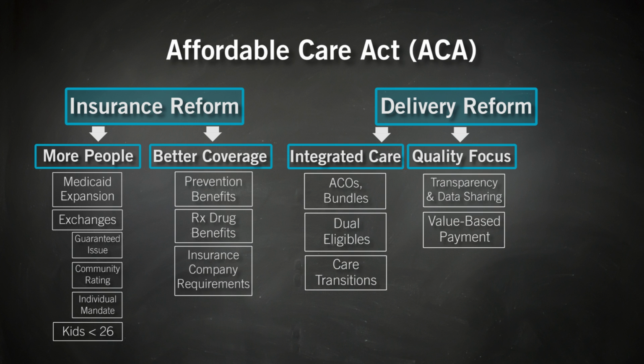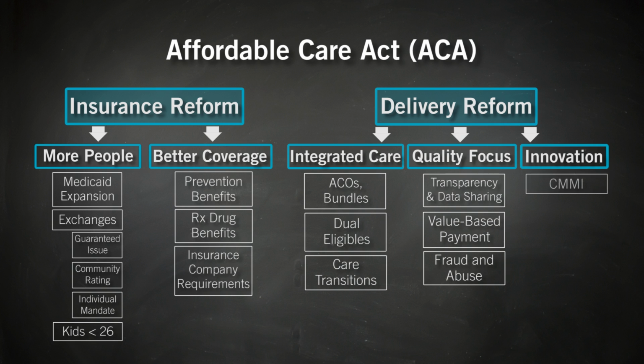And by the way, a lot of work on fraud and abuse. The Affordable Care Act gave the government an entirely new set of tools for detecting when thieves were out there trying to steal money from Medicare and Medicaid, and by inference from private insurers. The other thing this part of the law did was invest in innovations. It helped us begin to invent new forms of care in the country, better teamwork, better coordination, and it did that through a wholly new organization, the Centers for Medicare and Medicaid Innovation, CMMI.